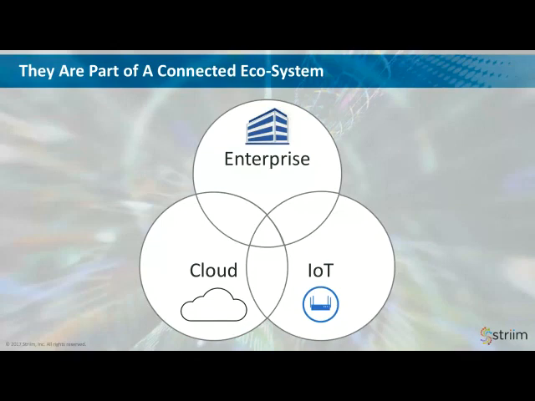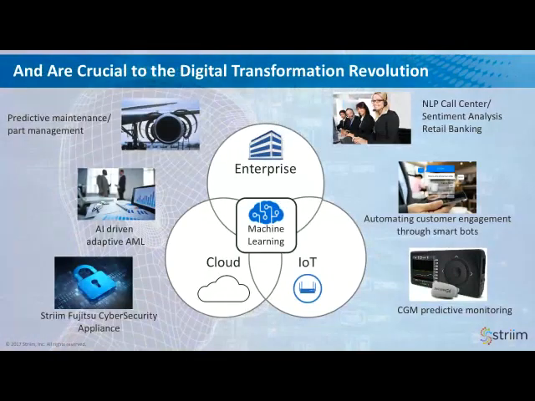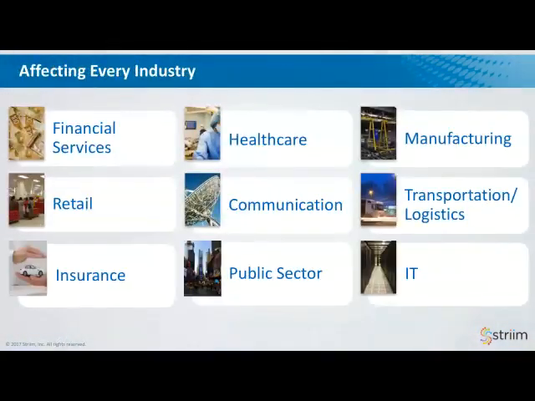And this is crucial to digital transformation. If you want to start doing things like predictive maintenance or parts management, you start thinking about cybersecurity or predictive monitoring and automated customer engagement, and all of these different things, you need to integrate things that you're getting from IoT with data that you may have elsewhere in the enterprise. And this is true across every industry. There are innovations happening across so many different industries with IoT, and it's going to affect everyone at some point. And getting the best value out of IoT really involves dealing with the IoT data.